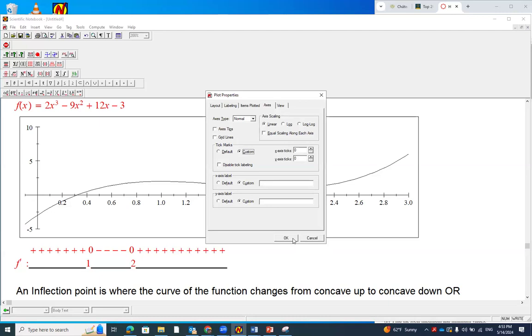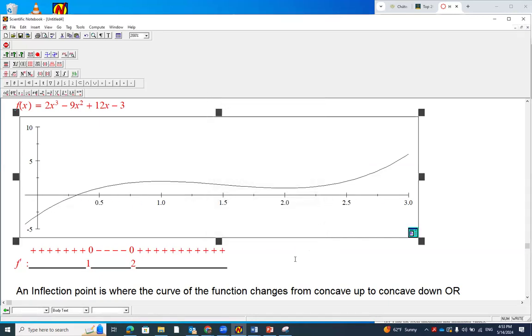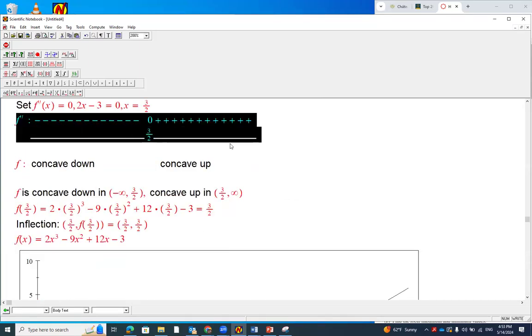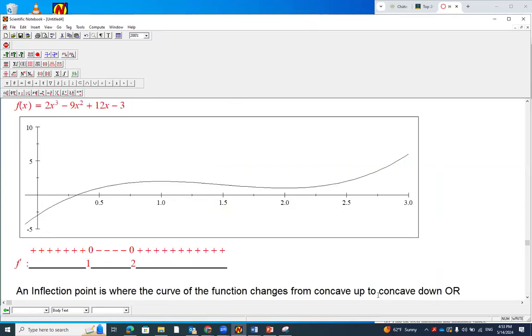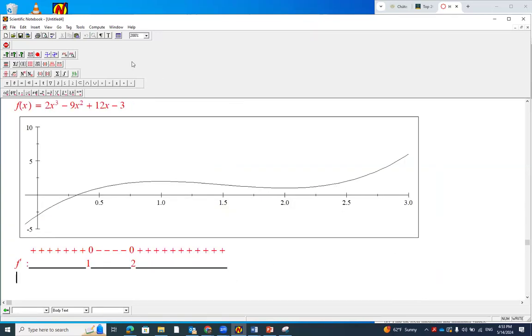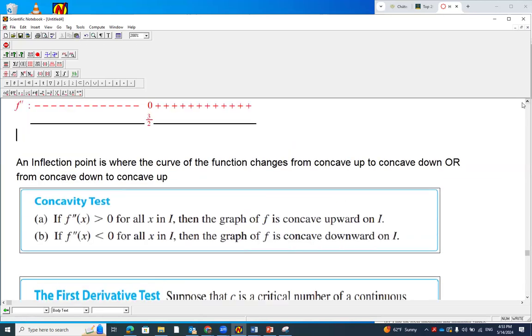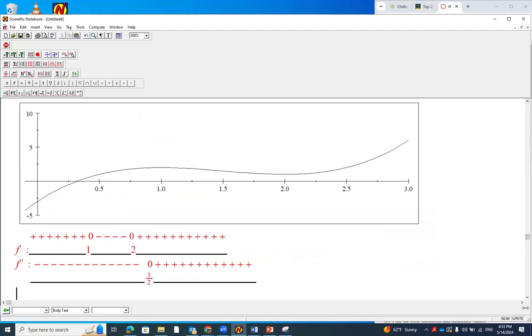And f double prime. Okay, so I'm going to bring these two functions, first derivative and second derivative. Just hold on a second. I'm going to give you a comprehensive interpretation of these